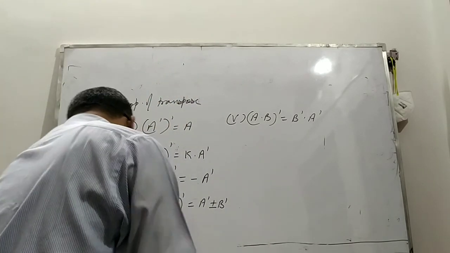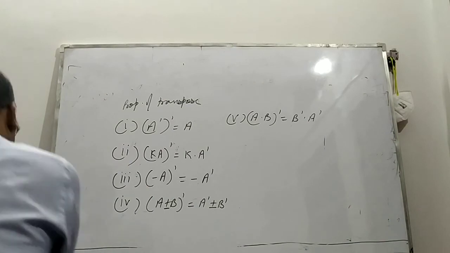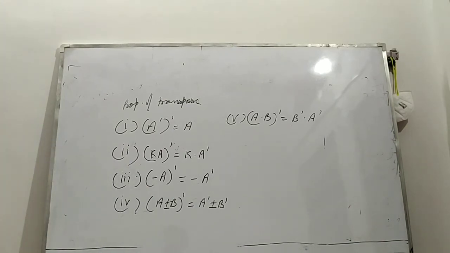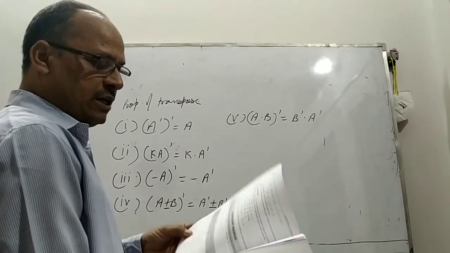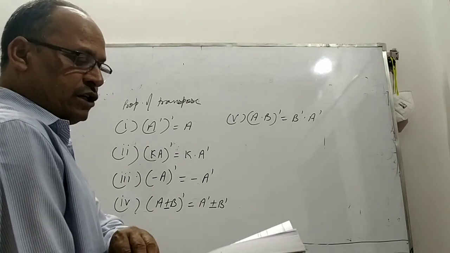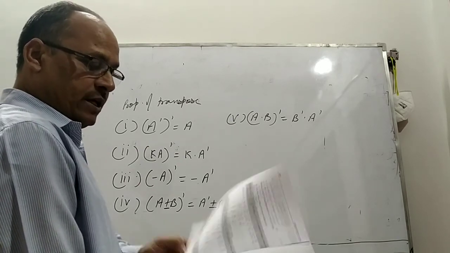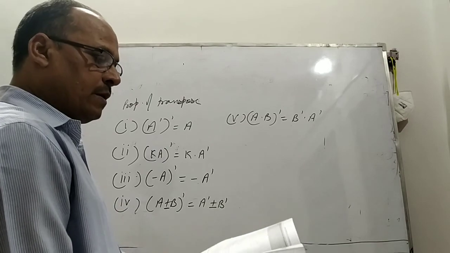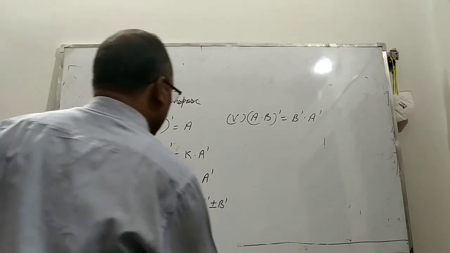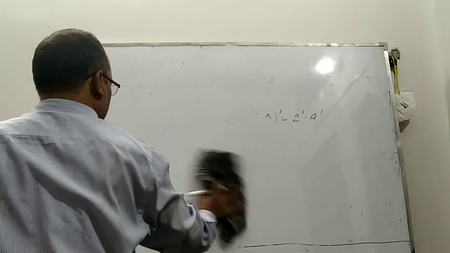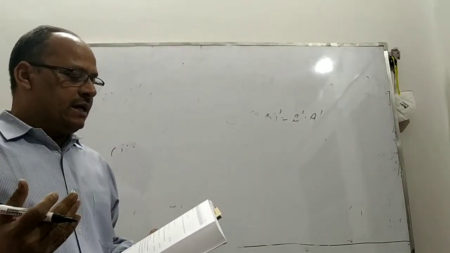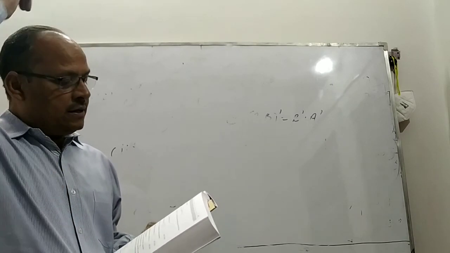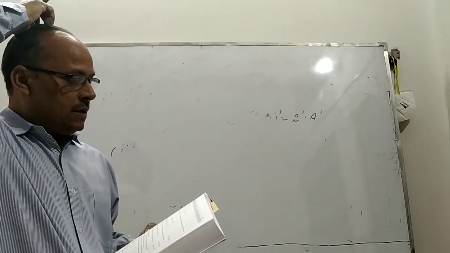Okay, we'll see some more questions related to this. Let me tell one or two more questions. Then next day I will explain symmetric and skew symmetric matrix. It is a very simple question. For example, first A is given, we multiply it by 3, then we will transpose it. Clear? So